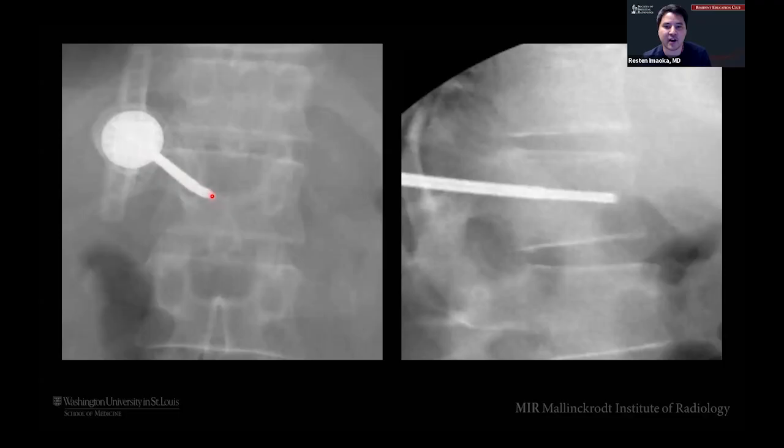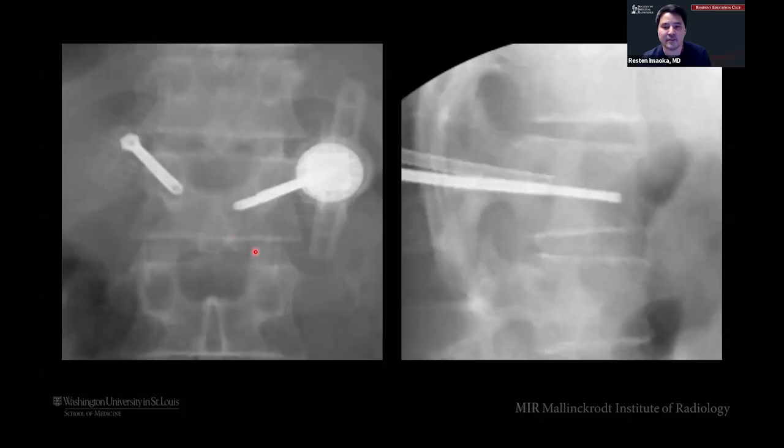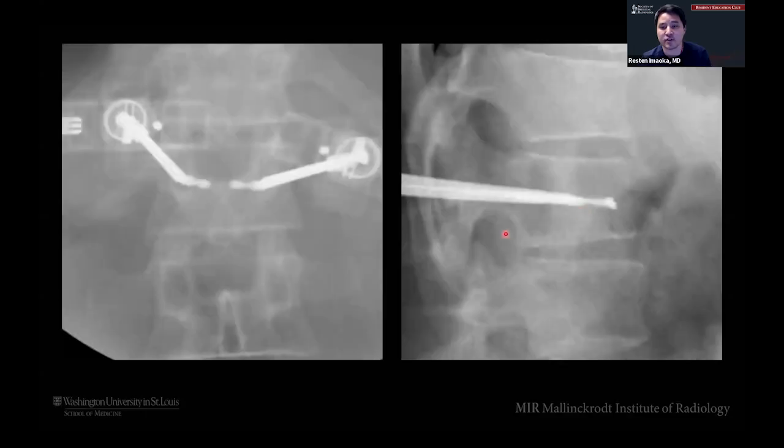And so you kind of get down and then you get your osteotomes that you're just about a spinous process distance apart. So this is the right side, the left side, and here on the right side, you can see we're stopping at the same thing here with our osteotome, and then eventually we're putting our probes in, right? So again, we always do this in a bipedicular fashion because we're trying to kill the entire vertebral body, just in case there's disease that we cannot appreciate on your PET or MRI.